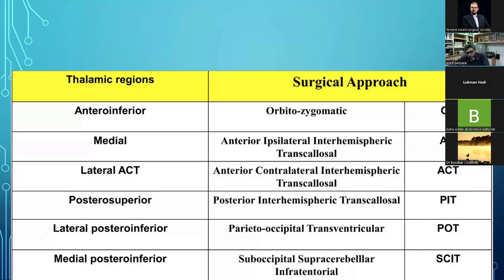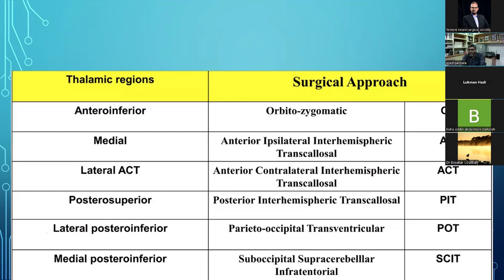Spiegler has proposed a way to deal with lesions in the thalamus. When the lesion is anteroinferior, an orbitozygomatic approach going through the sylvian fissure, the supracarotid approach, is the important thing. And when the lesion is located medially in the thalamus, it is the anterior interhemispheric approach with ipsilateral transcallosal access. And when the lesion is located a little laterally, again the anterior interhemispheric approach, but with a contralateral transcallosal approach